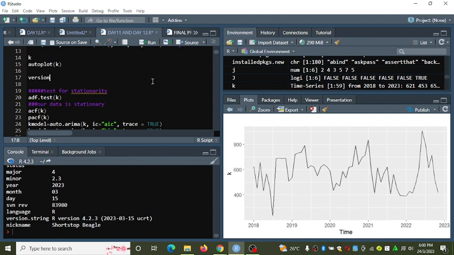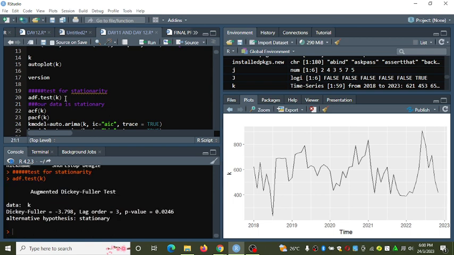Oh, I understand. So now we have the ADF test, or the augmented Dickey-Fuller test. When we run this command, what do you get? You get this is an augmented Dickey-Fuller test, and we have the data.